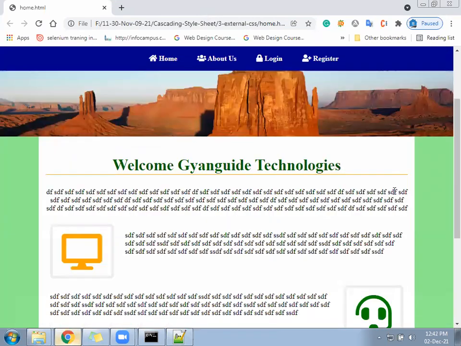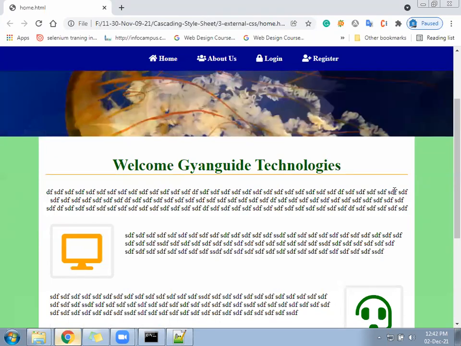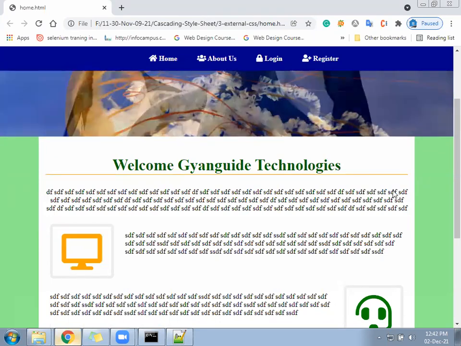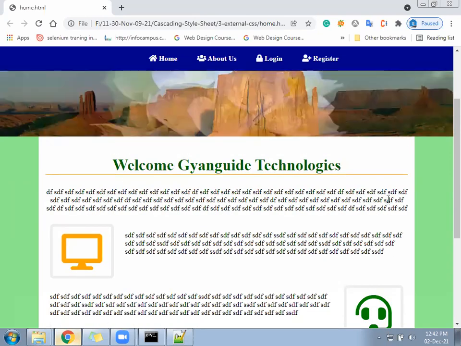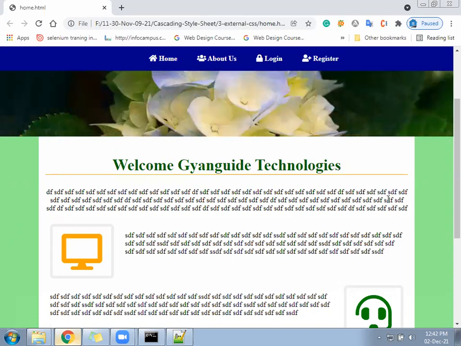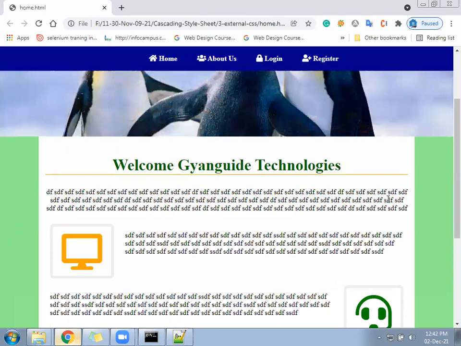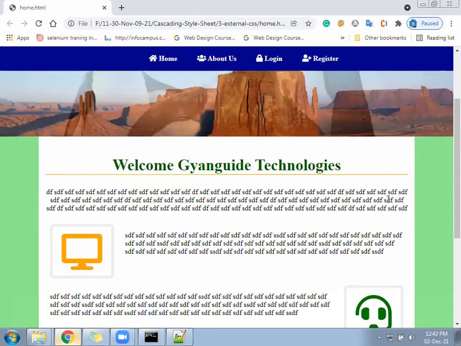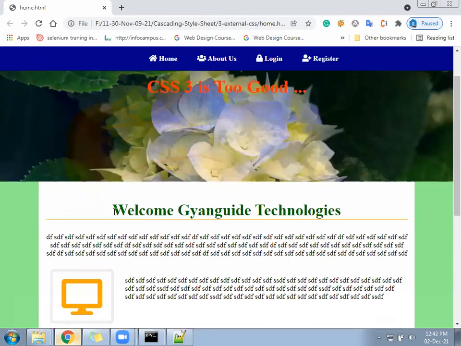Something like this, but this covers the full width. Full width it will cover because H2 is a block level element. H1, H2 we have followed, it's a block level element. So no problem, this is also good.